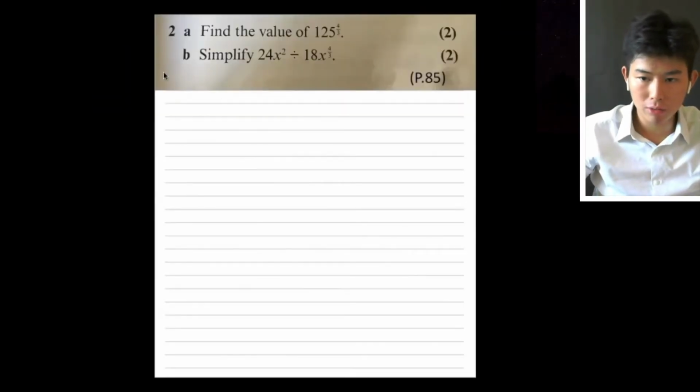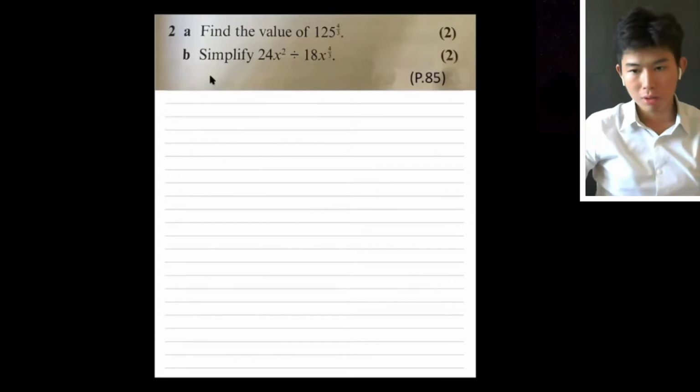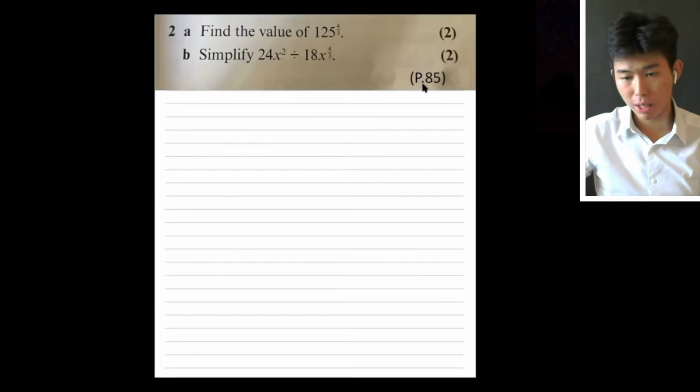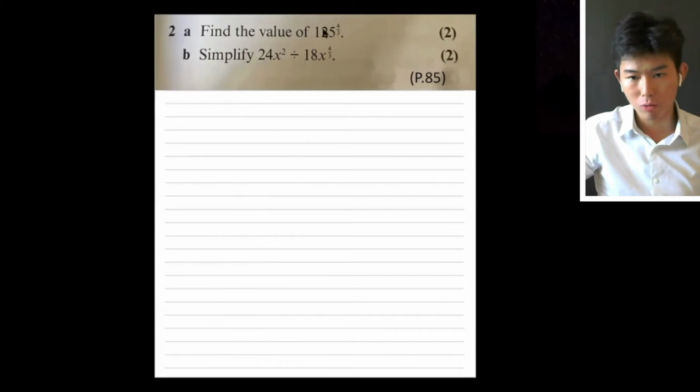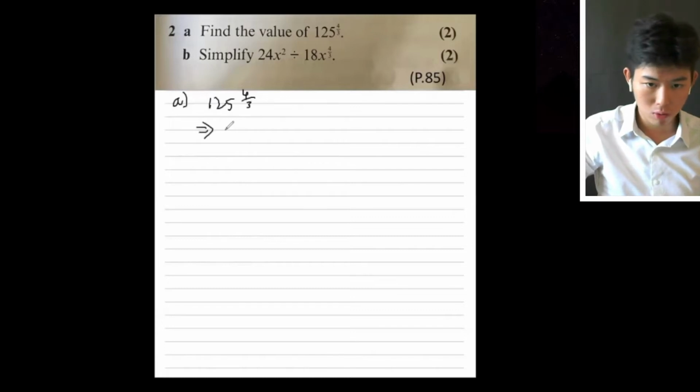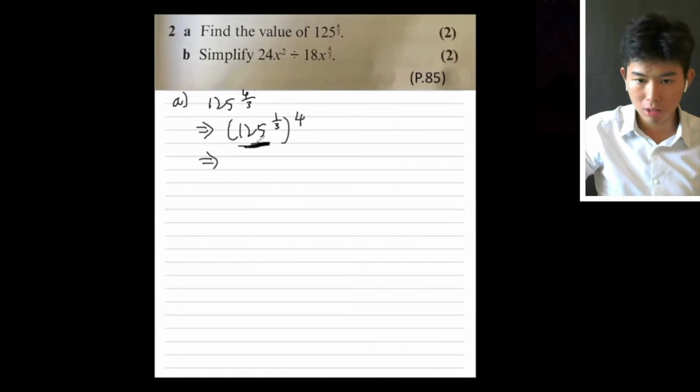Okay, let's start off with the questions from the textbook. This question is actually from page 85 in the textbook, and for part A, they want me to find the value of 125 power of 4 over 3. So for part A, 125 power of 4 over 3 would be equal to 125 power of 1 over 3, bracket power of 4. The value inside there, 125 power of 1 over 3, would be 5, and bracket power of 4. The answer would be